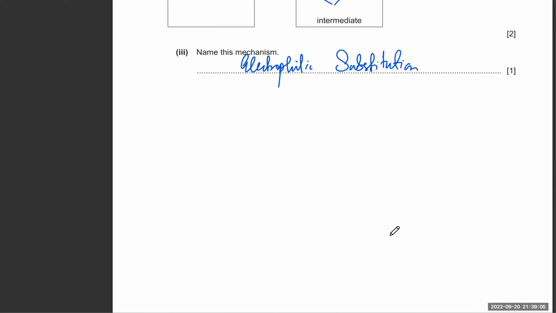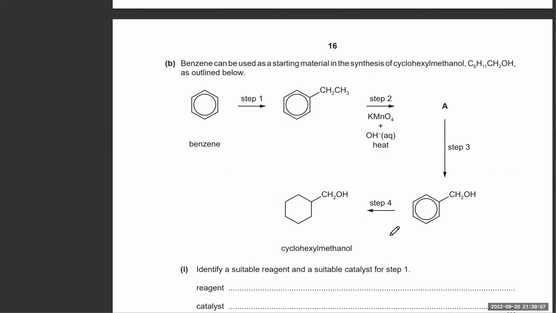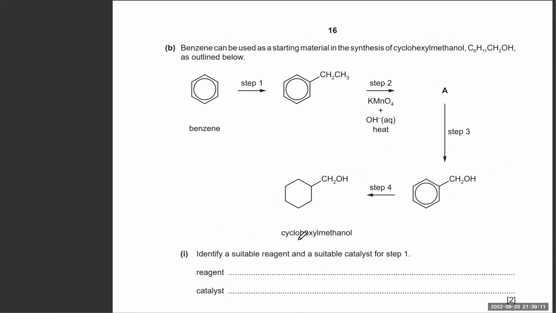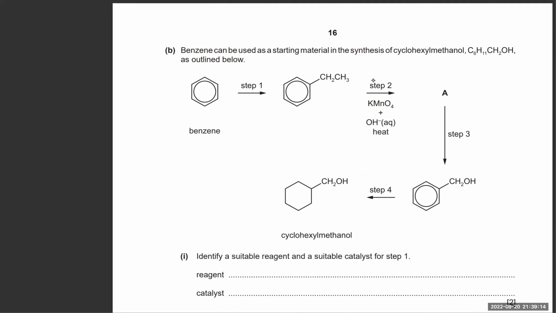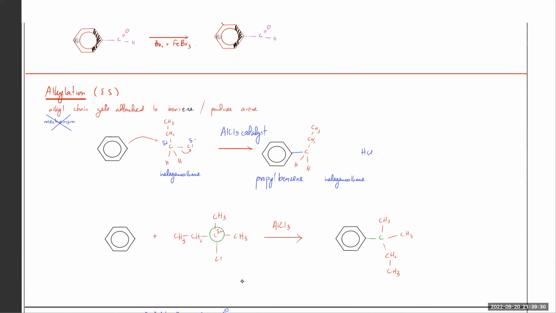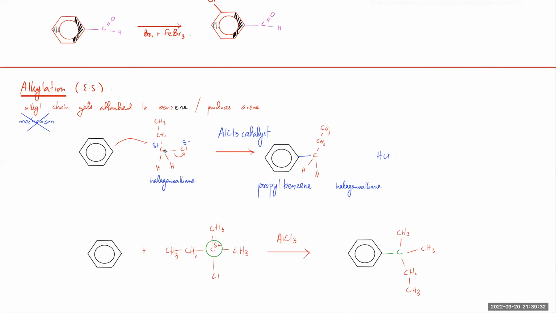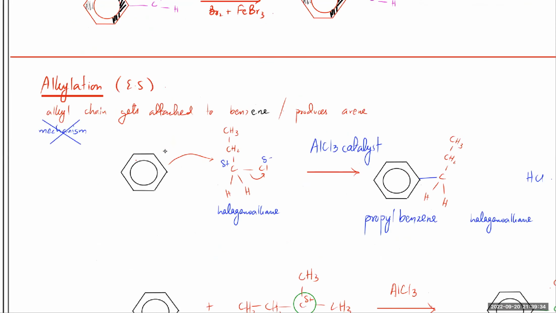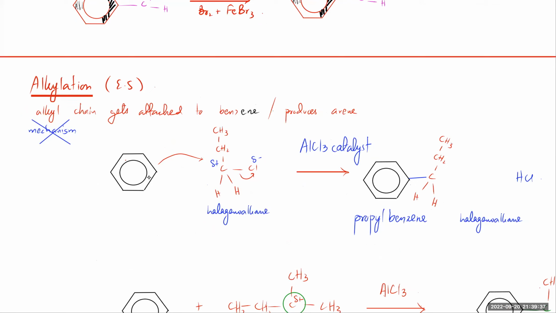So that's electrophilic substitution, and the next part is step one: reagent and catalyst. What do you need? You've got a benzene. How do you put an alkyl chain next to a benzene? That is also electrophilic substitution. That's the same electrophilic substitution that's right at the end over here. If you want to put a carbon chain and attach it to a benzene, what you'll do is